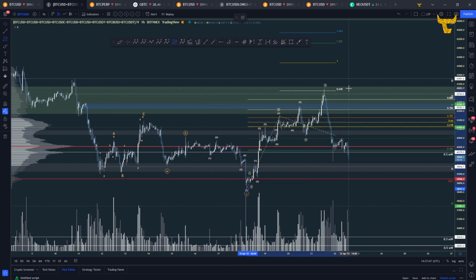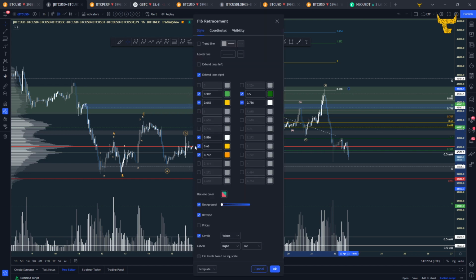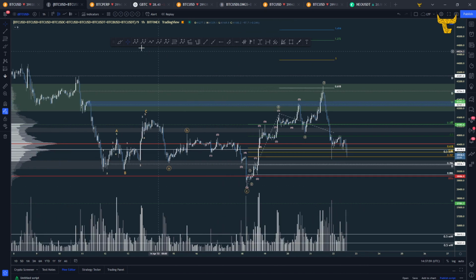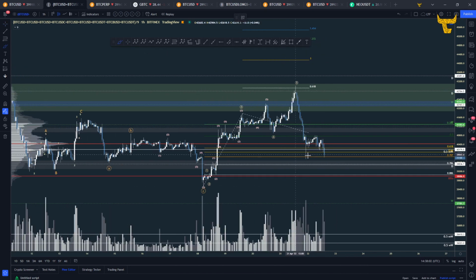For me, the short has been taken profit. I took profit already. I'm keeping part of the position open, but I have a low take profit at the POC, spread a bit between the POC and the golden pocket. The rest I will keep for the lower target and potentially increase if we are seeing something like this,